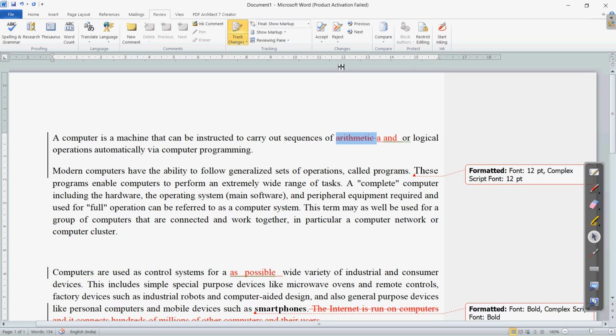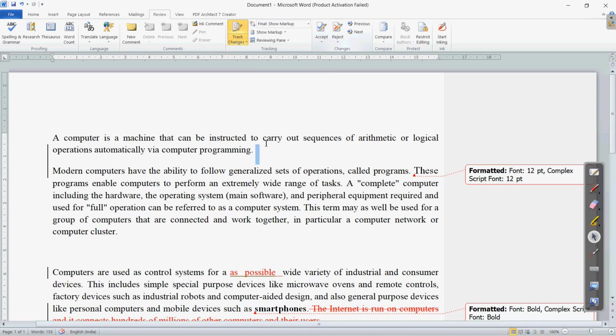We have seen the details of this when you bring the cursor, and now if you want to accept it or reject it, we can choose from these. Okay, so right now we are going to reject it. So let us click. I have rejected it, and that change has been removed. Again the selection will move to the next. Clear?